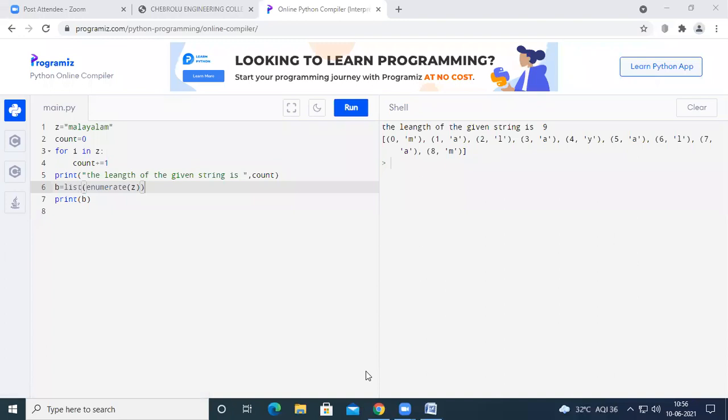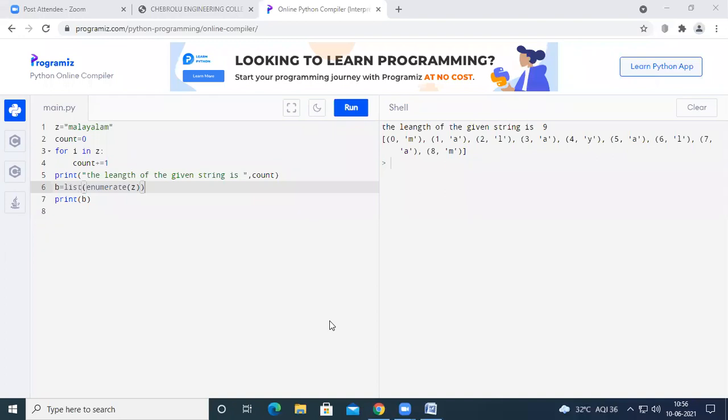Right, we found it by using the for loop and if condition, and then we saw the string membership test. We have seen the in and not in operators. So the in operator is going to return true when it finds the given character in the string, and it's going to return false when it doesn't find the given character in the string, and similarly not in has its own importance.